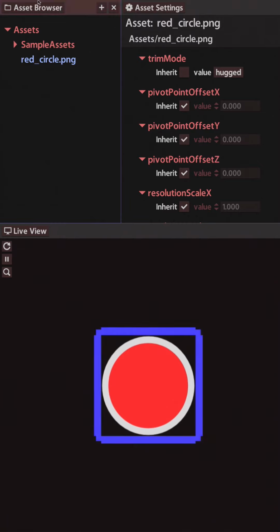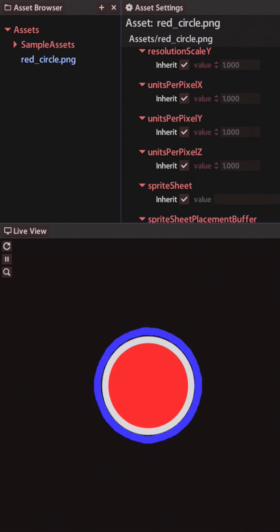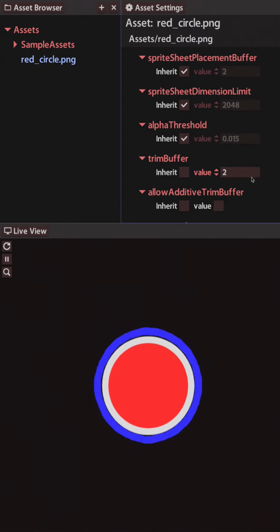You'll notice that with hugged, the blue border wraps closely around the visible parts of the circle, trimming away most of the extra transparent pixels from the original rectangular image. We can also fine-tune how tightly the border hugs the image using the trim buffer property. If I increase this value to 50, save and refresh live view, you'll see a larger buffer zone between the